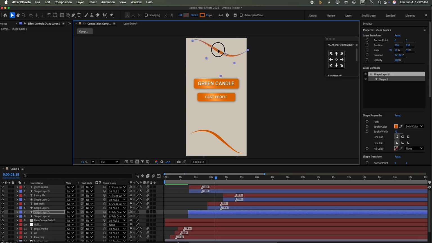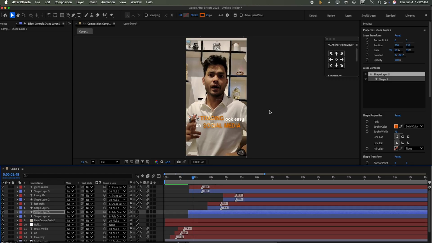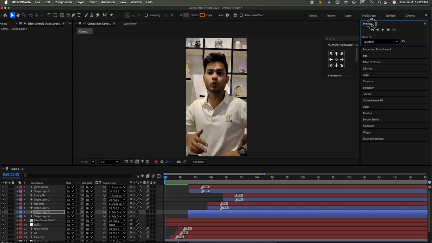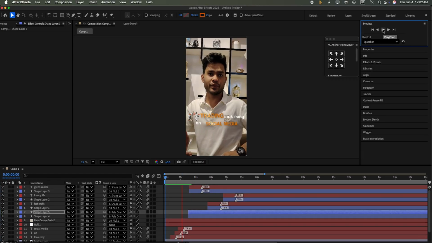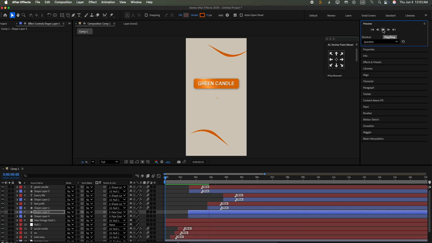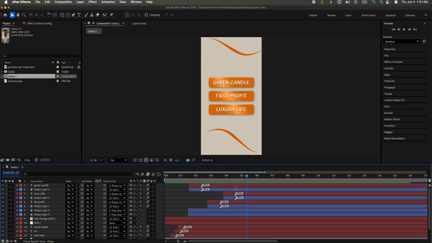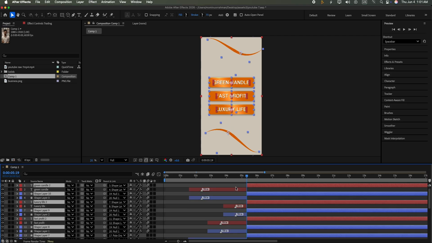Okay, set the stroke which is animated with trim path. Now we see the animation. So the first 5 second animation is completed,